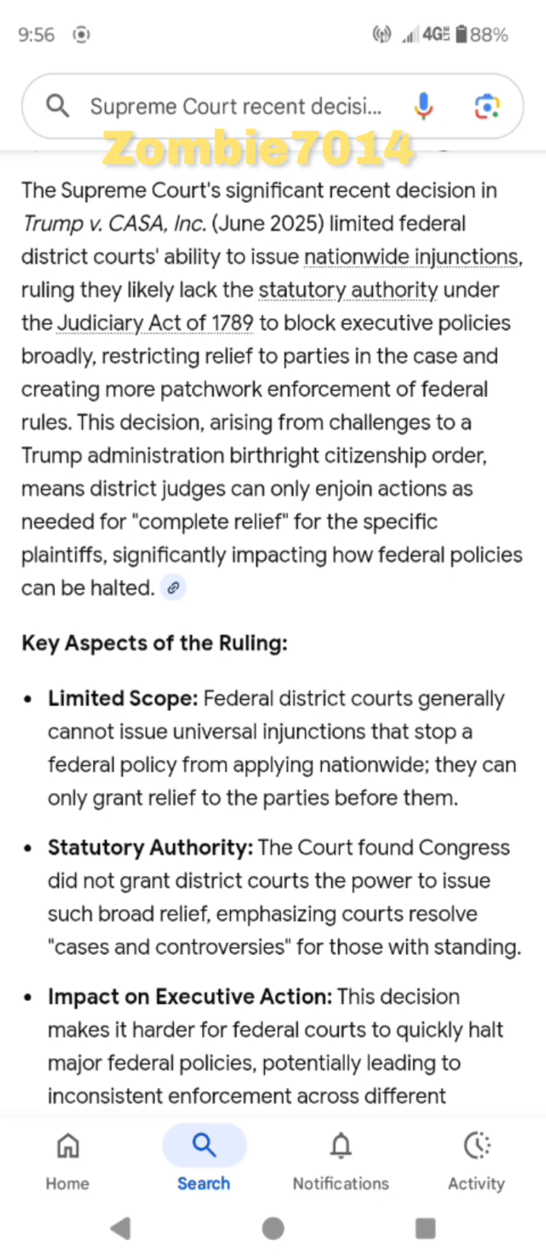They can't escape that. So recently, the Supreme Court, this has been with us within the last couple of days, has decided to bring that to bear, the Act of 1789, which means that it says to block executive policies broadly, restricting the relief to parties in the case and creating more patchwork enforcement of federal rules. What that means is